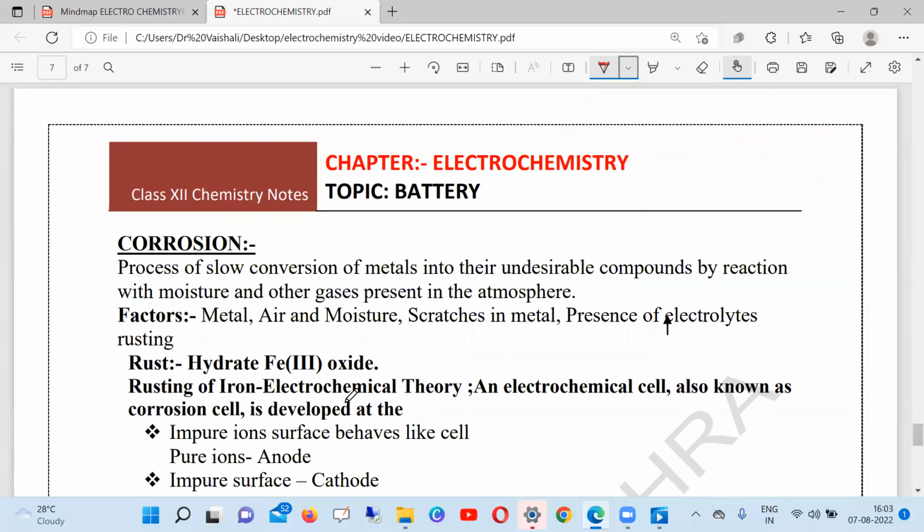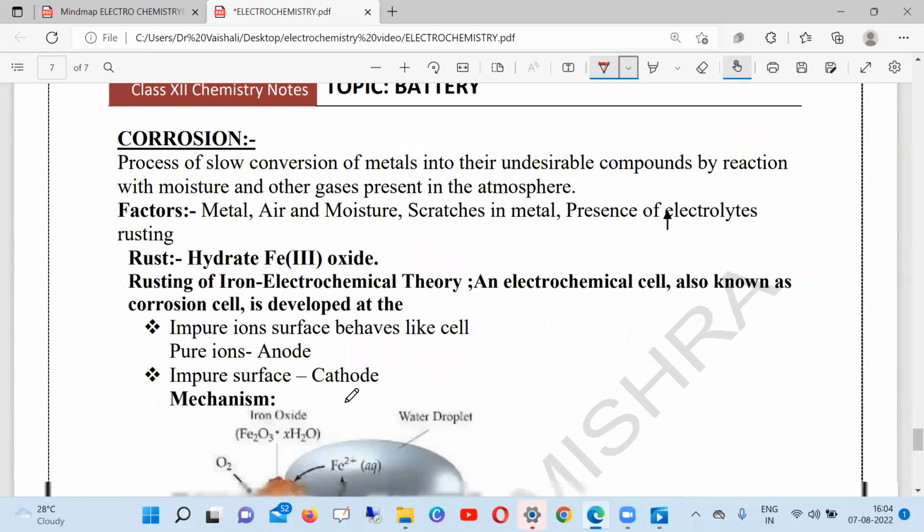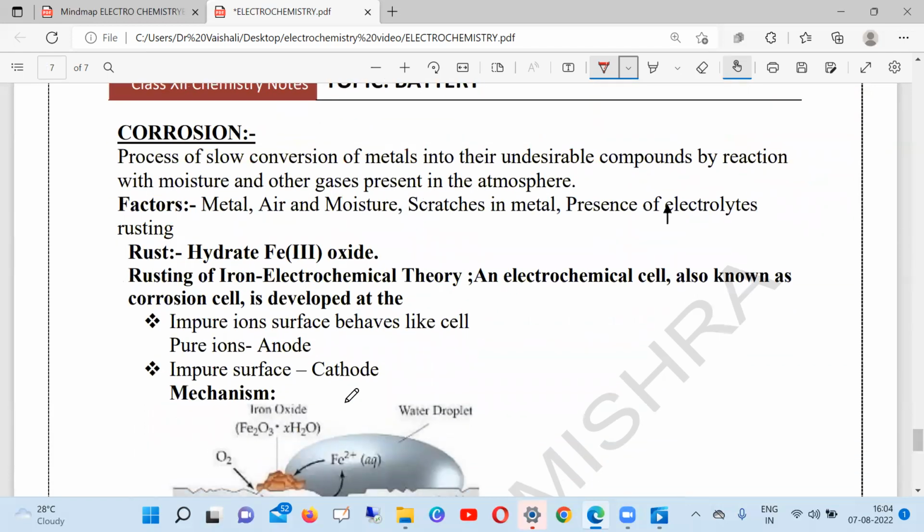So now we have discussed the batteries. And the last topic of this chapter is corrosion. It is not part of batteries, but it is the end part of this chapter, that is corrosion. You have studied it in junior classes, 7th, 8th, 10th. In corrosion, all of you know what the meaning of corrosion is. So corrosion is a process of slow